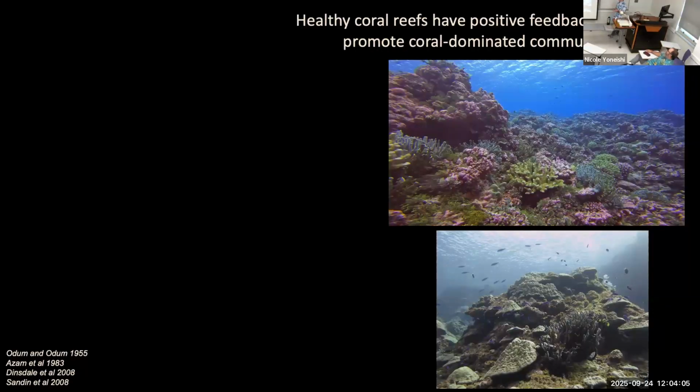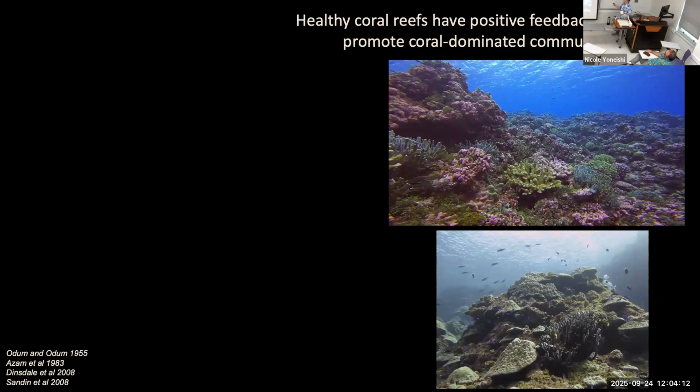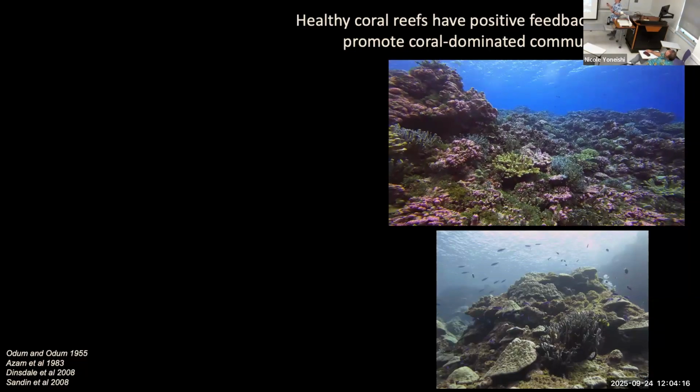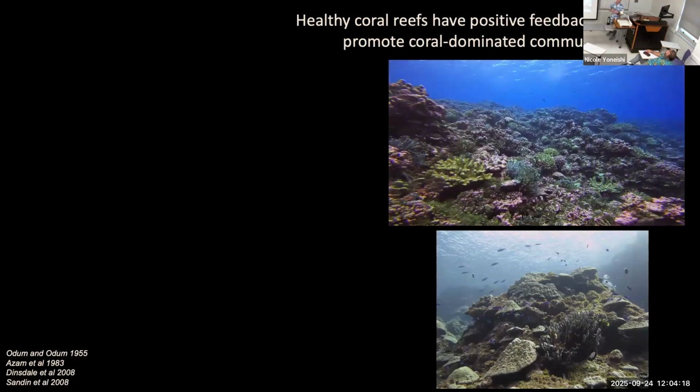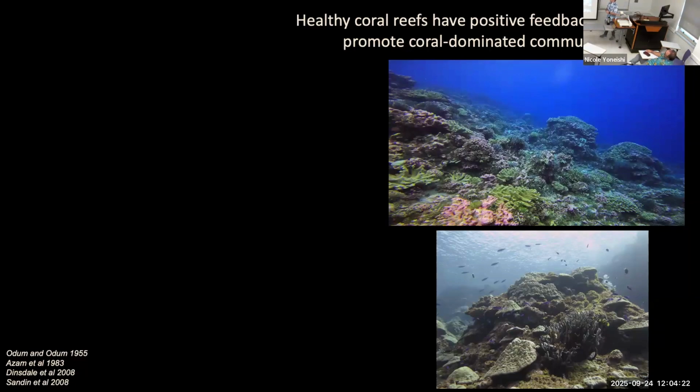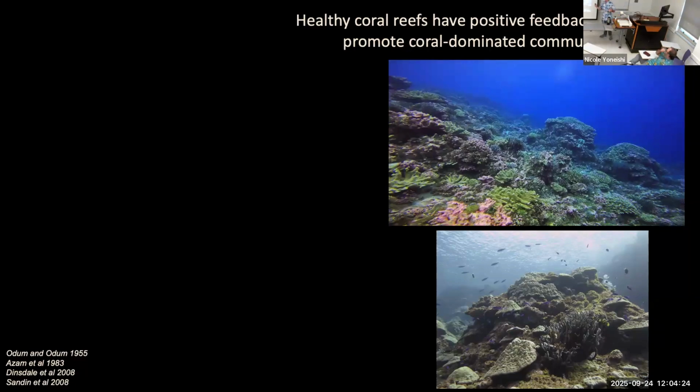I'll start here by saying that coral reefs are really, really hard to build. These are extremely complex systems. See if I can play this video here. You can see in this video that there's quite a bit of coral cover, lots of structure, some pretty happy fish, very, very clear water, indicating a lot of these nutrients are being recycled. And to maintain this really complex system, you really need a positive feedback loop to be driving this in a certain direction.